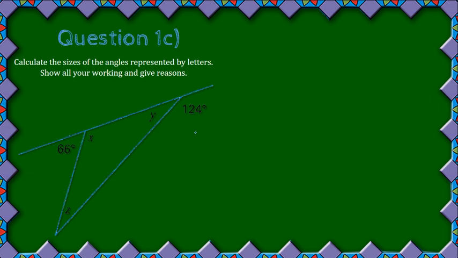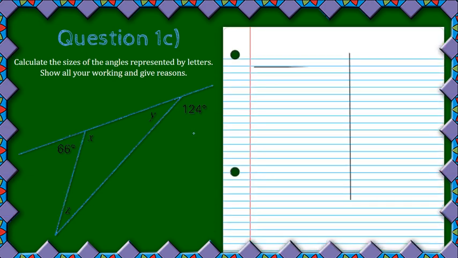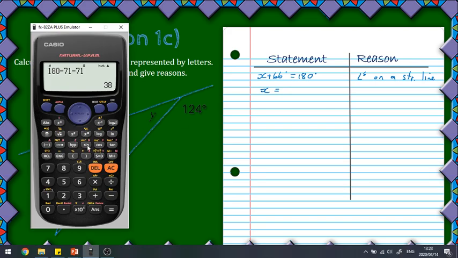And then we have 1c. So once again, we need to solve for x, y, and z. Now, these two angles are on a straight line, so that's pretty easy. That should be x plus 66 degrees is equal to 180, because both angles on a straight line add up to 180. So our reason is just angles on a straight line. And then we solve for x. So x is equal to 180 minus 66. So this gives us 114